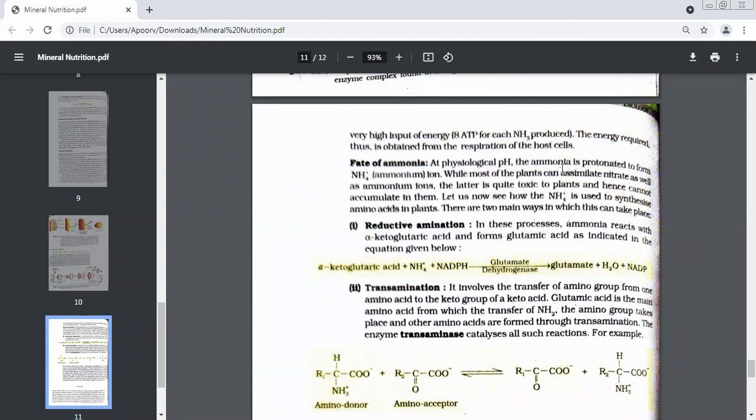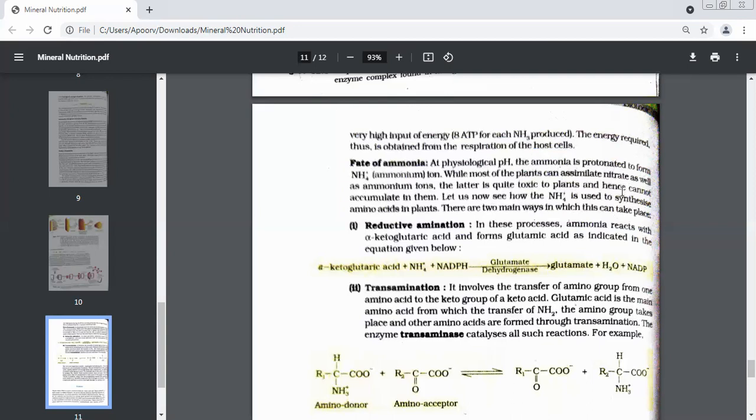Very quickly, what is the formula of ammonia? NH3. It will take one hydrogen atom. The process is called protonation. So it's going to get protonated and then it will convert into NH4 ion. What is NH4? Ammonium. Now inside the plants, we have two things, ammonium ions and ammonia. Some ammonia is already converted into ammonium and some ammonia is still left as ammonia. So we have two things, ammonia and ammonium ions.